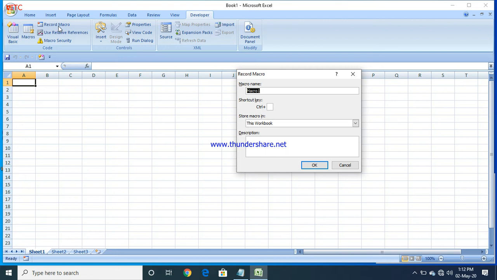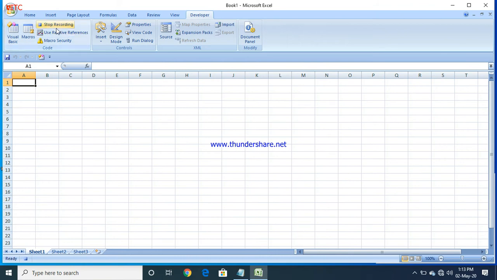After clicking on Record Macro, it will ask you what the name of the macro should be. I'll just give the name of the macro as Macro1. You can give any name, and it asks for a shortcut. What shortcut should be there? I'll just give Q, that is Control Q is the shortcut for my macro, and click on OK. Now it started recording. Whatever you do here, you apply color or you write some content, it will be recorded in that Macro1 macro.